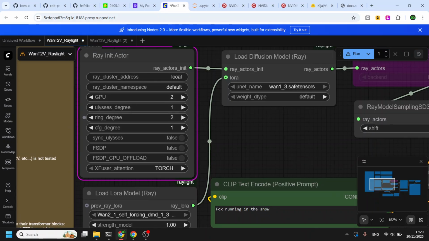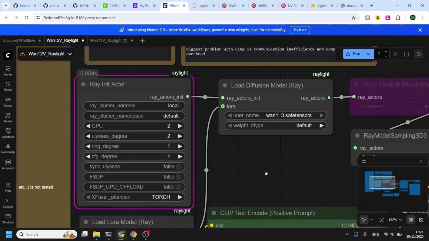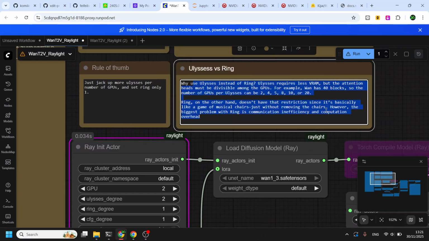Ring degree can be useful if you have an odd number of GPUs, but still, I recommend a power of n number of GPUs. Say you have three GPUs, I still recommend only using 2 GPUs and using Ulysses degree, since it is very weird to parallelize between an odd number of GPUs. So just set Ulysses degree how you want, like this for example.